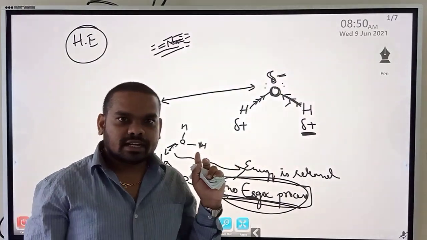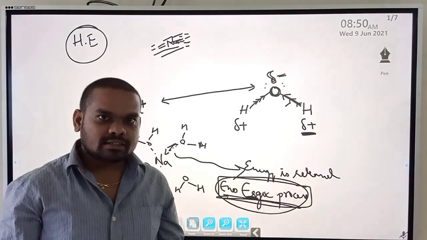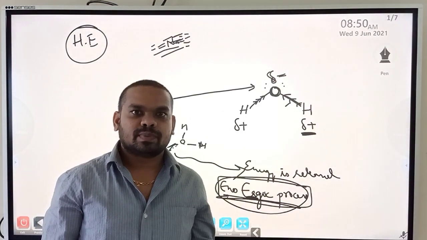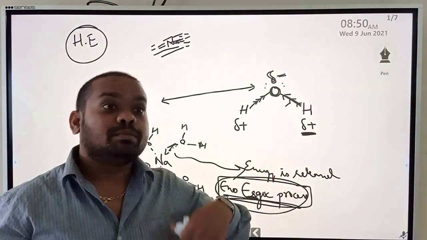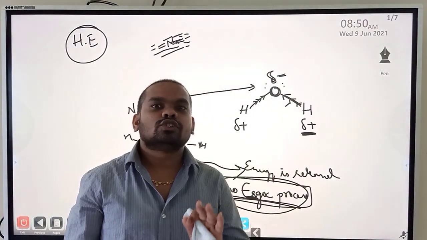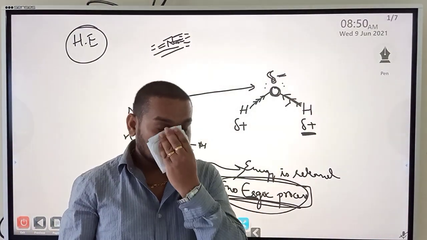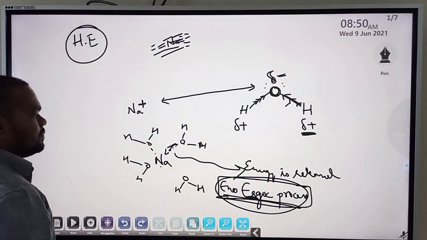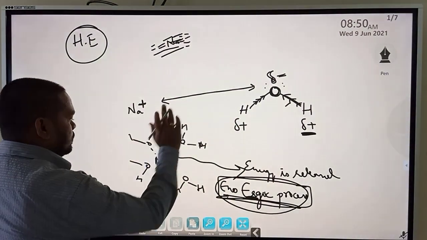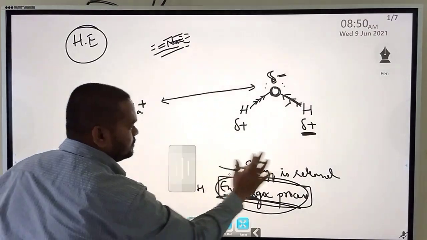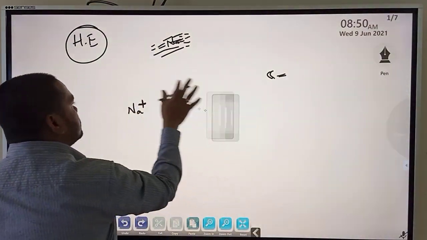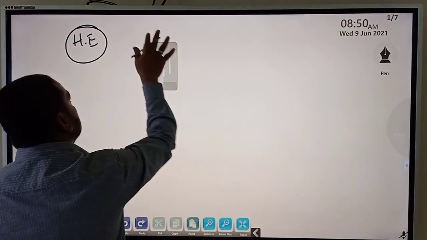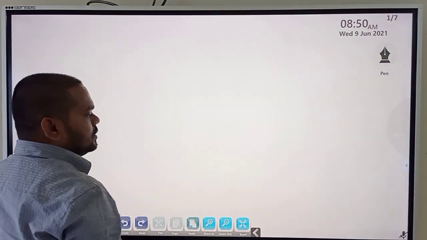If the solvent that we are using is water, we call it hydration energy. If not water, if I am using some other solvent, then I call it solvation energy. Okay. So right now, I hope you understood what hydration energy is. Now, let's understand another point. Then we shall discuss the degree of hydration and all.